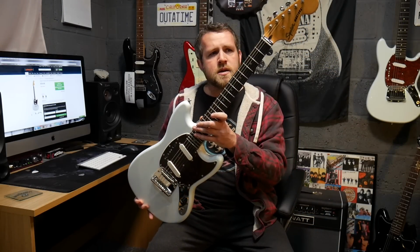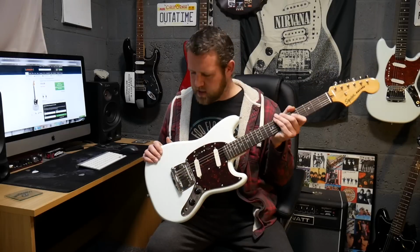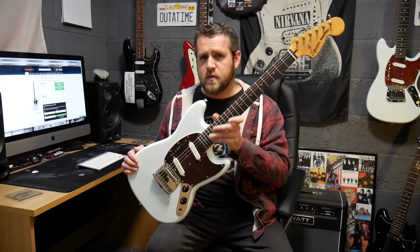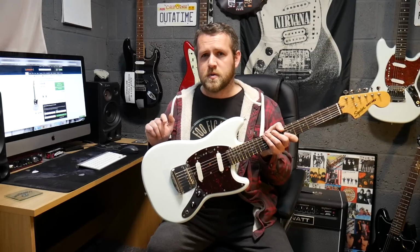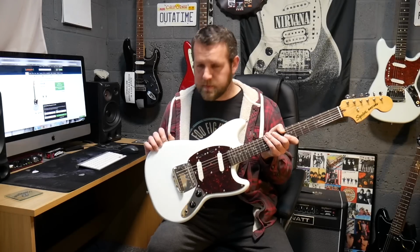Right, so today we're going to be checking out the Squier Classic Vibe 60s Mustang. They've just been released in the UK. I paid £316 for this with free shipping from Guitar, who are currently out of stock on this colour. It comes in Sonic Blue and also a vintage white, and Guitar, I've got the vintage white in stock, but